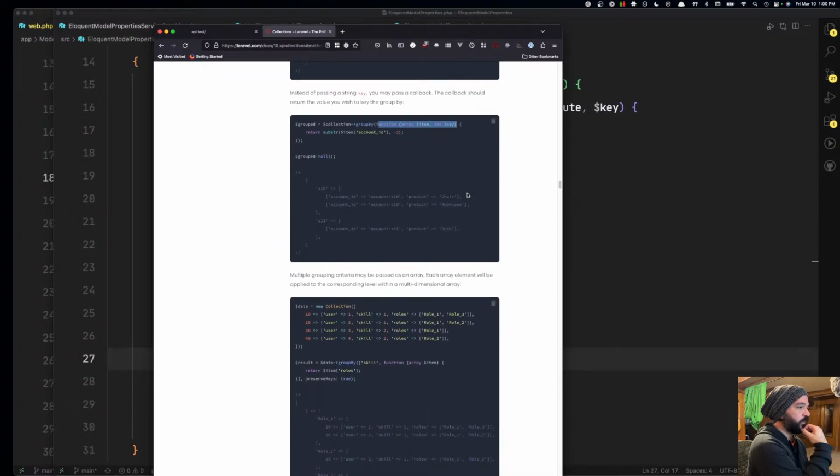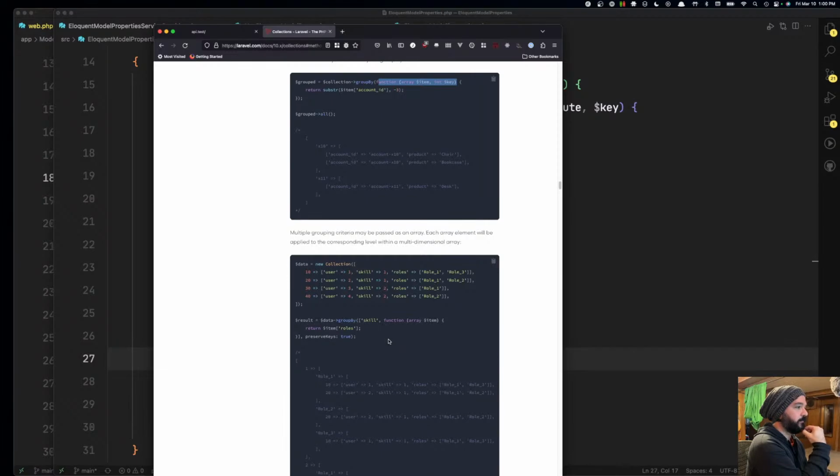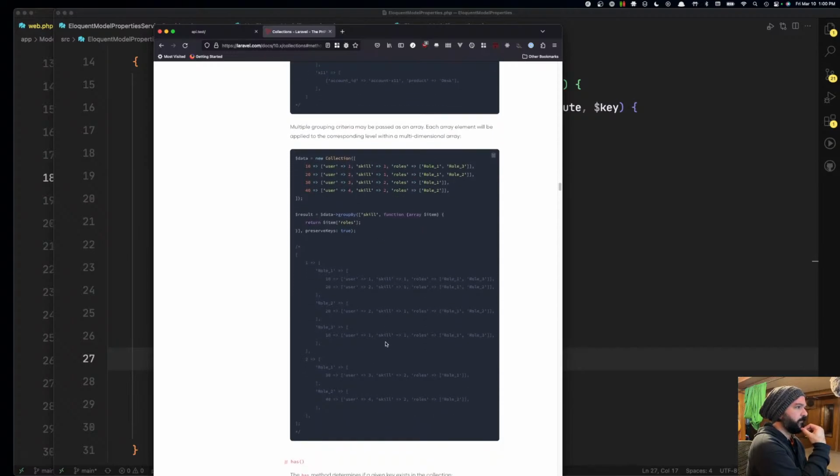Let me, before I group by skill. So 1, 1, 2, okay. As an array, each array element will be applied to the corresponding level within a multi-dimensional array. So you're grouping by skill first, and then okay, and then